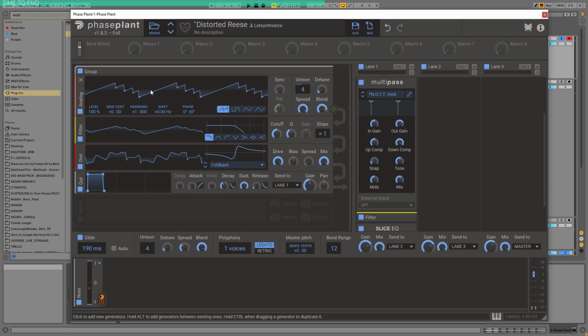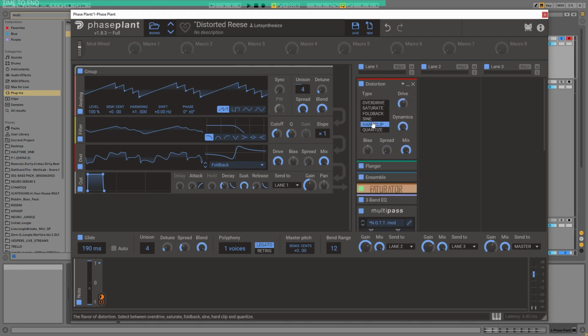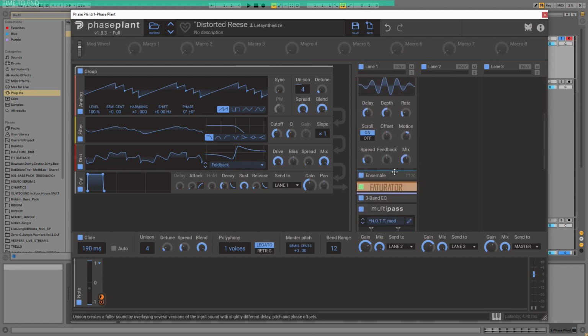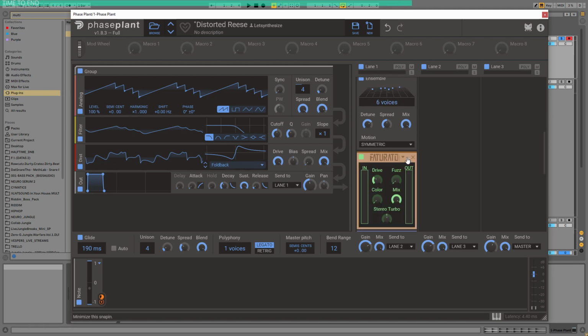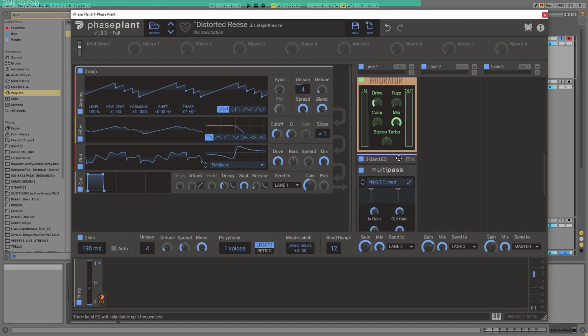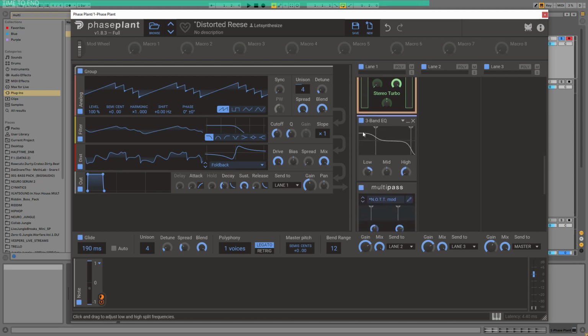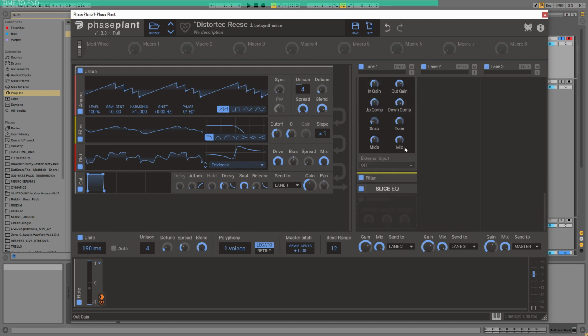Never mind, so it is basically just a simple saw wave. As you can see, I added 4 voices of unison. I filtered it at around 600 Hz and distorted it with a foldback distortion type, cranked it up to the maximum, and then just routed it out to lane 1. We have a distortion, a hard clip, a flanger, an ensemble, 6 voices. It's just a unison or sort of unison thing, a saturator where I cranked up the drive, a 3-band EQ to add some more bass and decrease the highs, an OTT, a low pass filter,